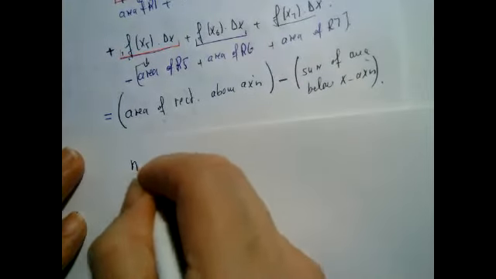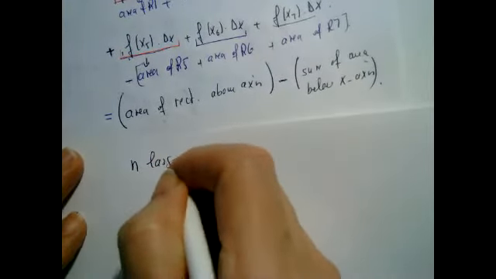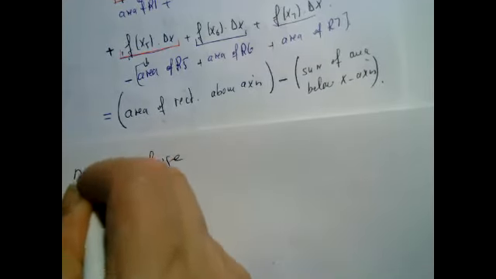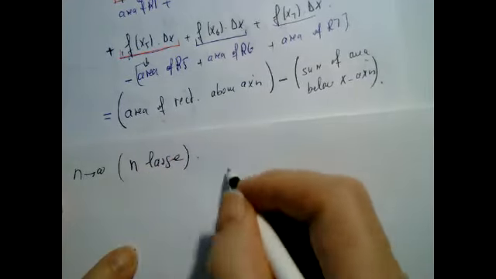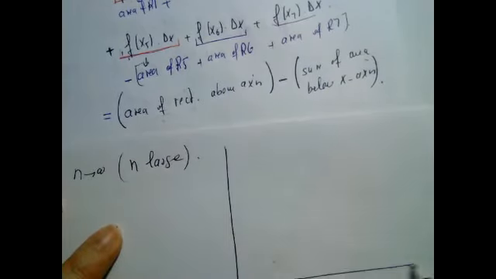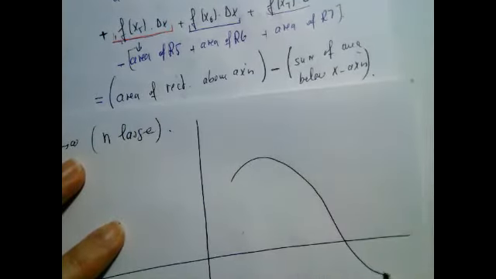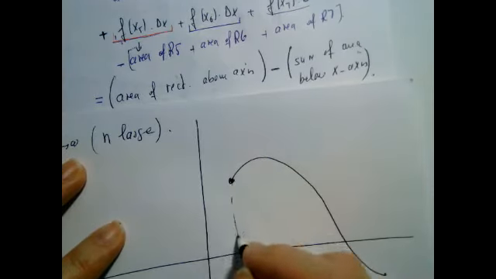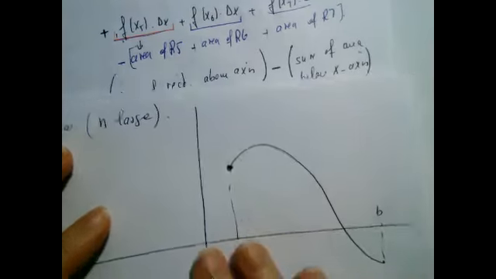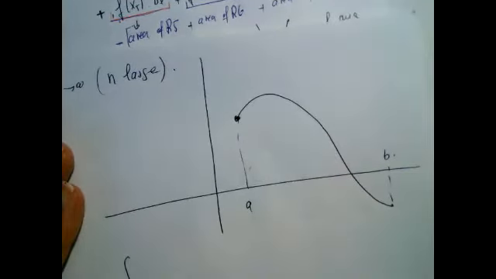So when n is large, or when n goes to infinity, meaning when I take a lot of subdivisions, what happens is the following. What's the definite integral? I draw the same curve. Exactly. That's my A. That's my B. And the definite integral becomes